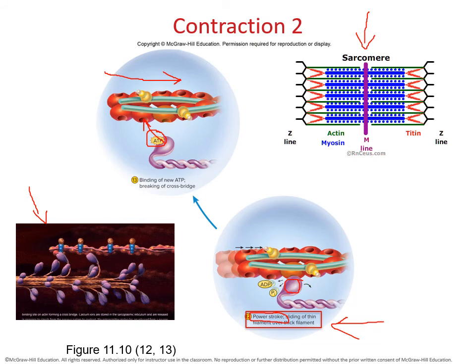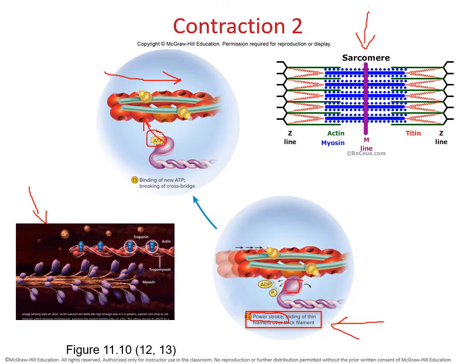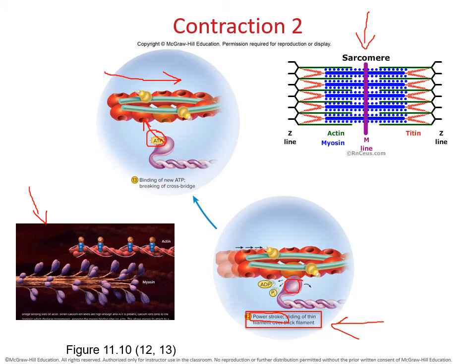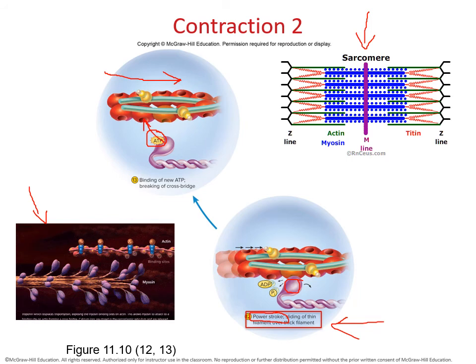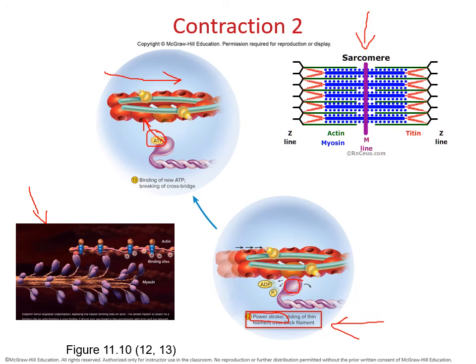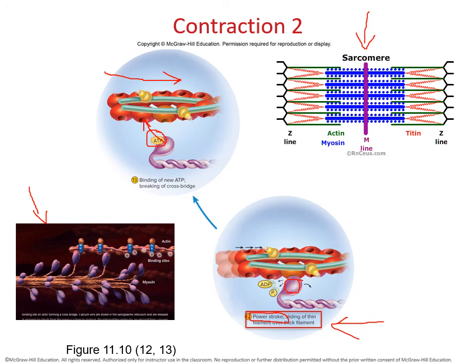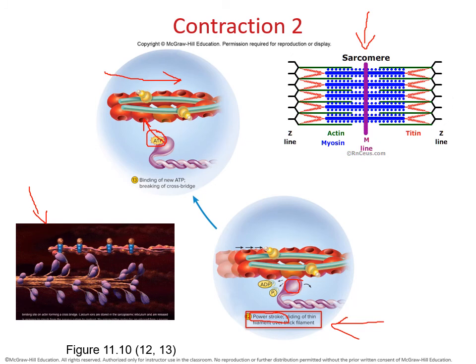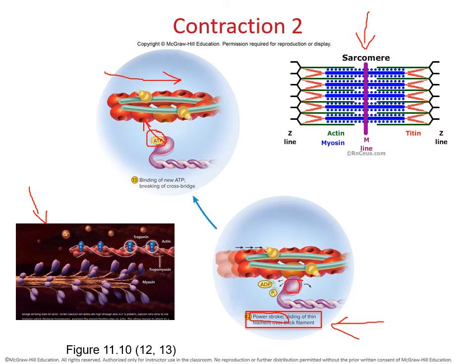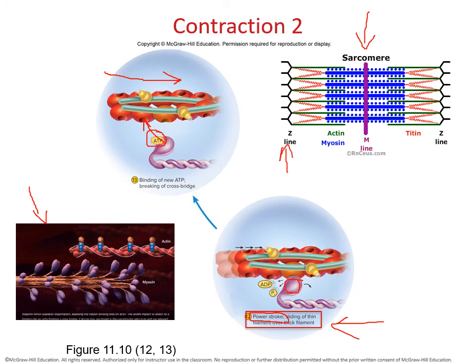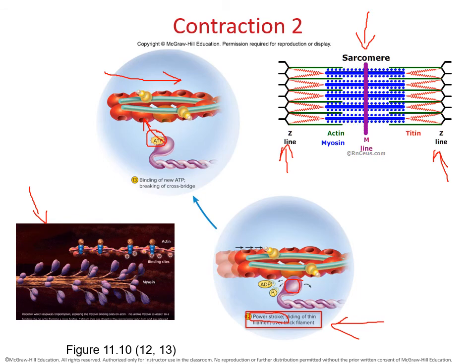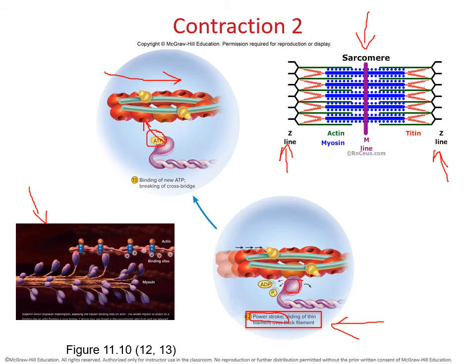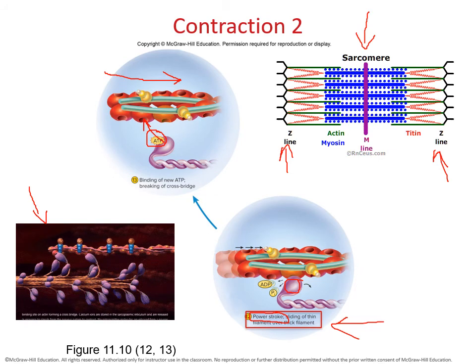So give it a second. You see that sliding motion that it just did? That is the power stroke. And that requires ATP to be successful. And as it's power stroking, it's basically overlapping the thin and the thick filament. So looking back at your top illustration, you can see how the Z lines get closer together. That then means that your muscle is contracting. And when the Z lines go back to their original position, that means that the muscle is relaxing.